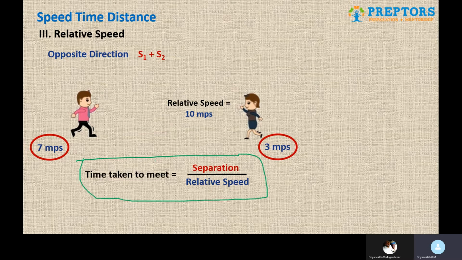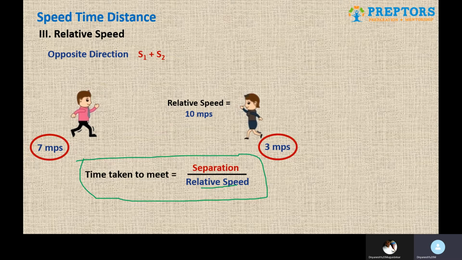This is another formula that you are supposed to remember. Actually, this is not a very different formula, because we already know that speed is equal to distance upon time. So time becomes distance upon speed, and here the distance between the two objects is in a way fancily called the separation between the two objects. And then relative speed will have by default two sub scenarios, whether objects are moving in the same direction or in different directions. If they move in the same direction, you have to subtract, s1 minus s2. If they move in the opposite direction, you're supposed to add them, we get s1 plus s2.